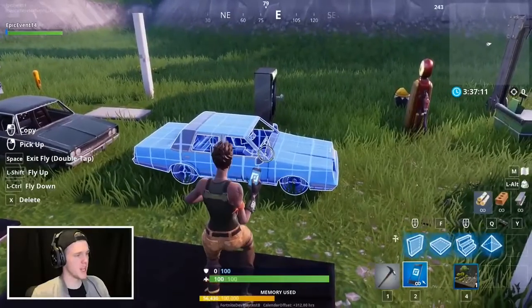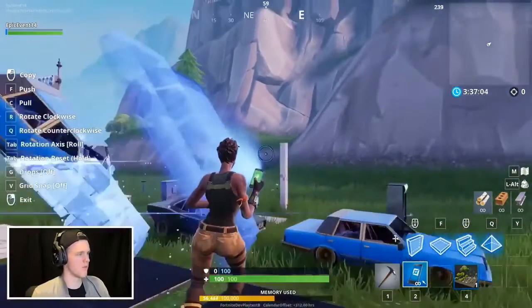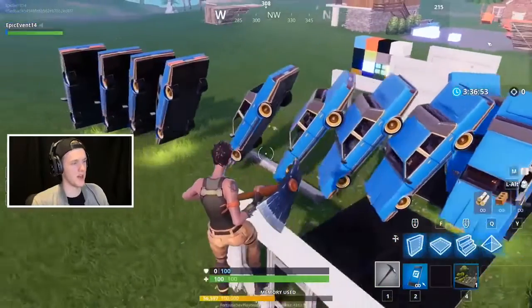So let's show you how this rotation can be used with props that you already know in games. Let's turn grid snap off and let's just rotate it a bunch and just drop one off there. You can just make 1,000 cars. Like, the possibilities are endless. And I know all I did was just rotate a car and spam it 10 times, but I'm not that